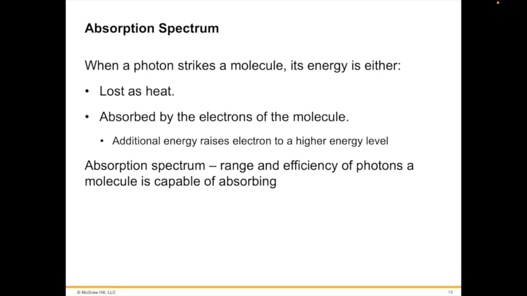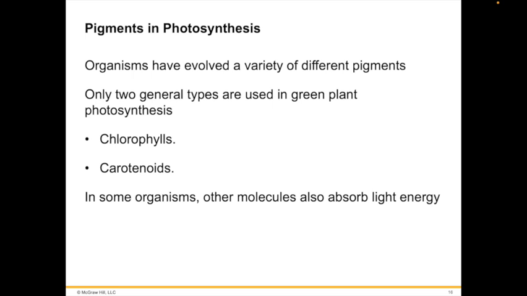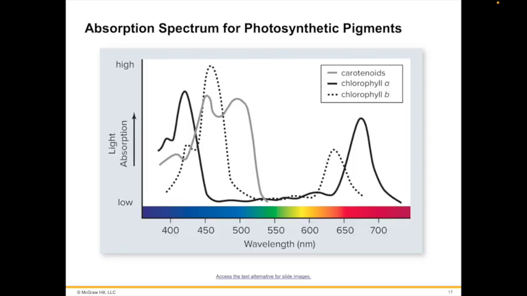Chlorophylls absorb photons with narrow energy ranges. Two kinds of chlorophyll in plants, chlorophyll A and chlorophyll B, preferentially absorb violet, blue, and red light. Neither of these pigments absorbs photons with wavelengths between about 500 and 600 nanometers. Light of these wavelengths is reflected, as shown here in the middle. That is where you find green light especially.